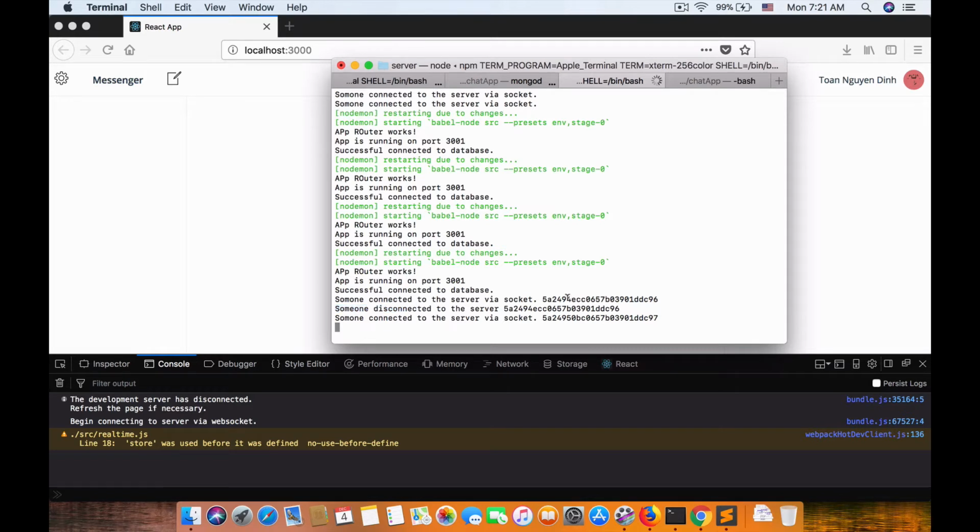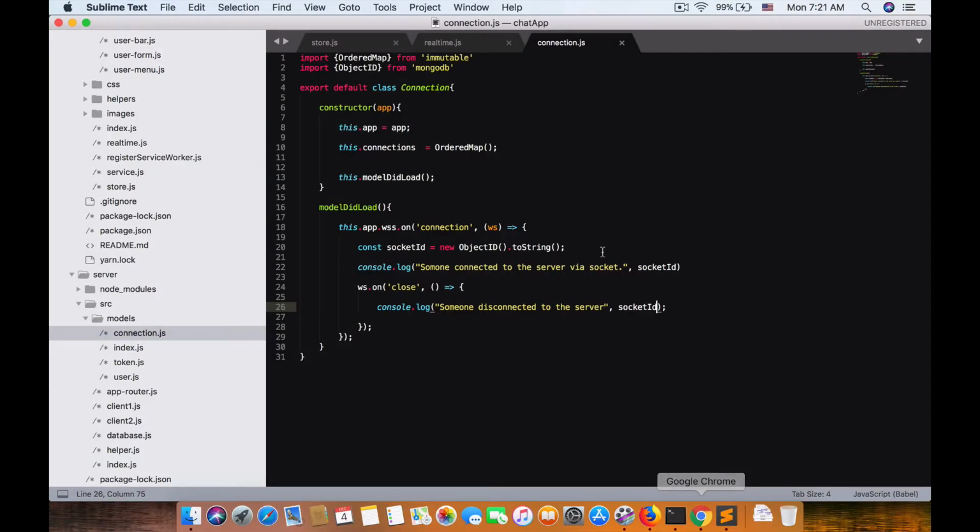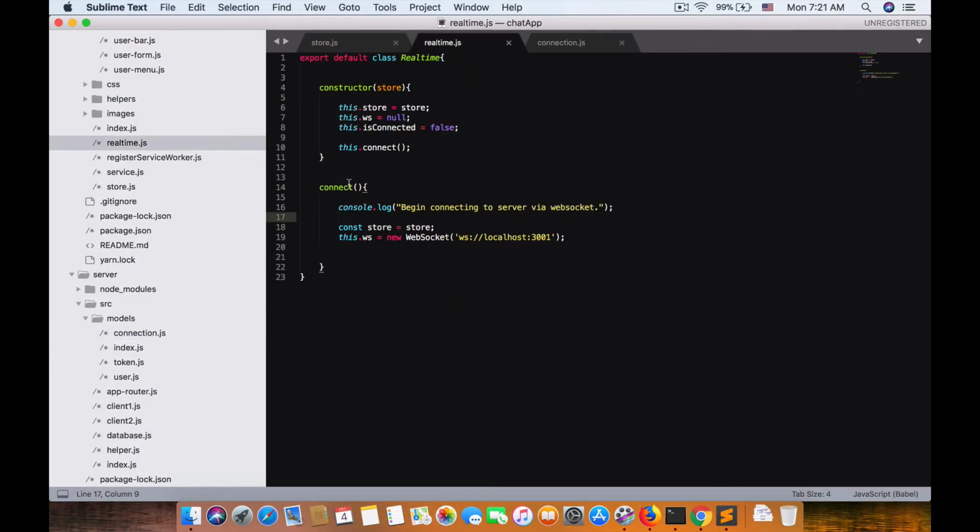The first time they connect with this ID, and someone disconnects, and another time when they refresh, it automatically connects with the new ID we just generated. Cool. So this is how it works. And this is the same for our real time. This is a client, and we got it